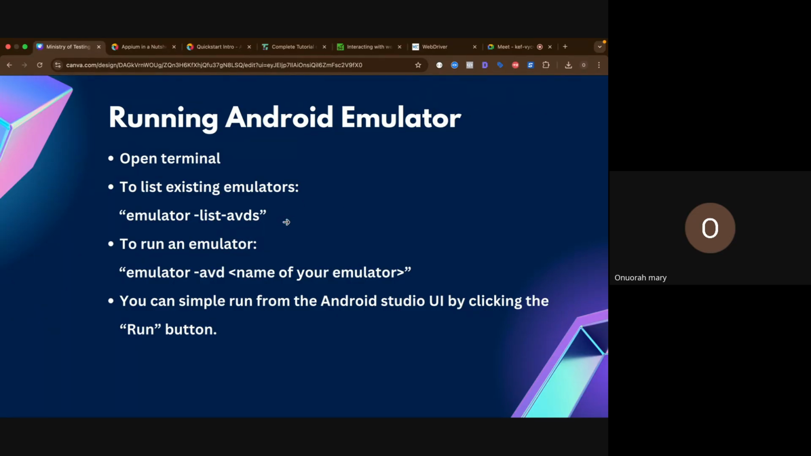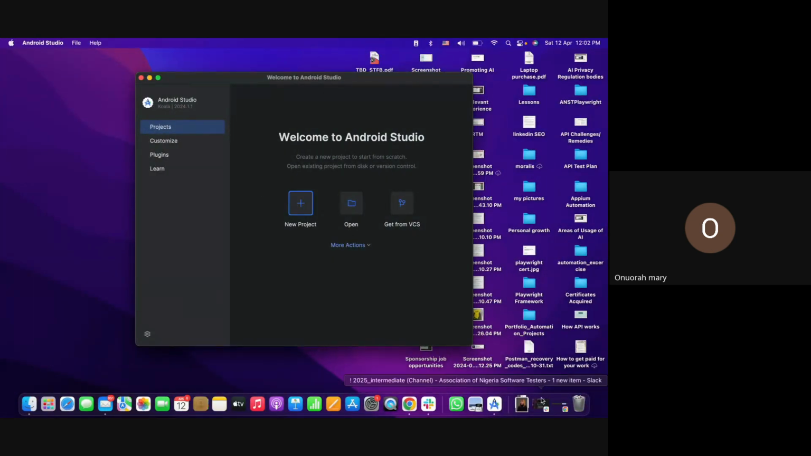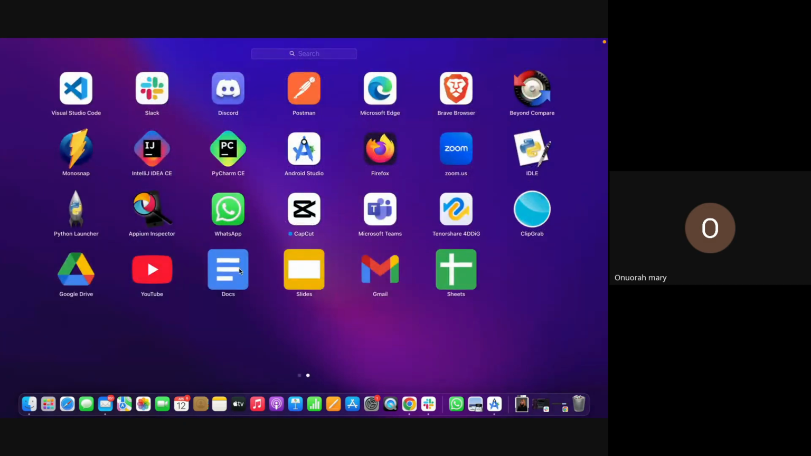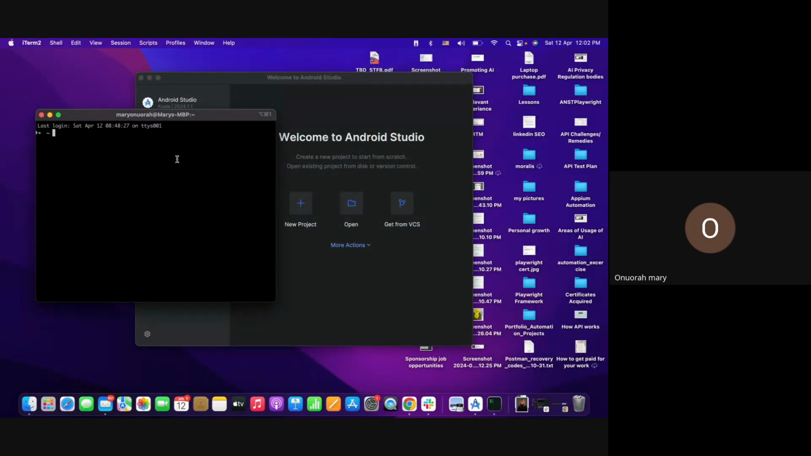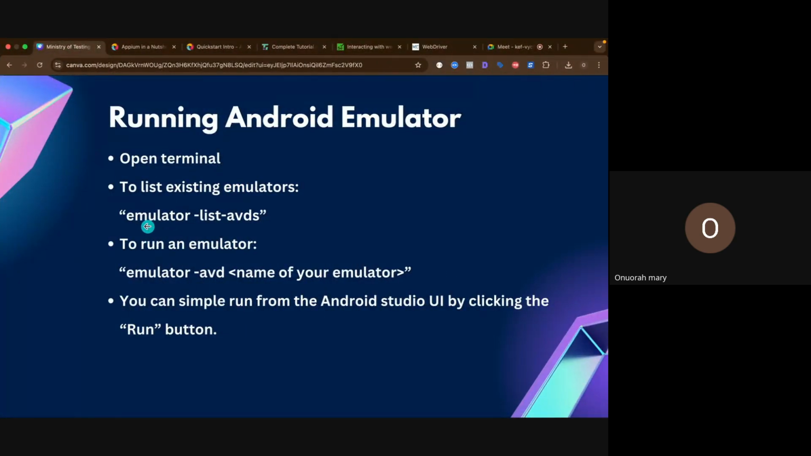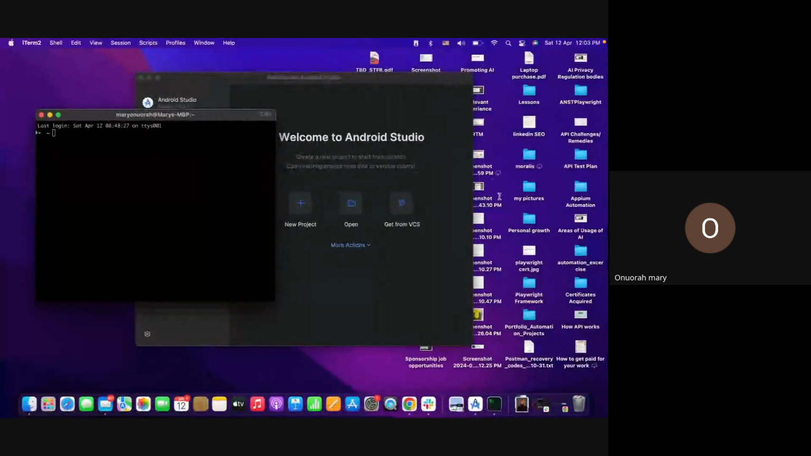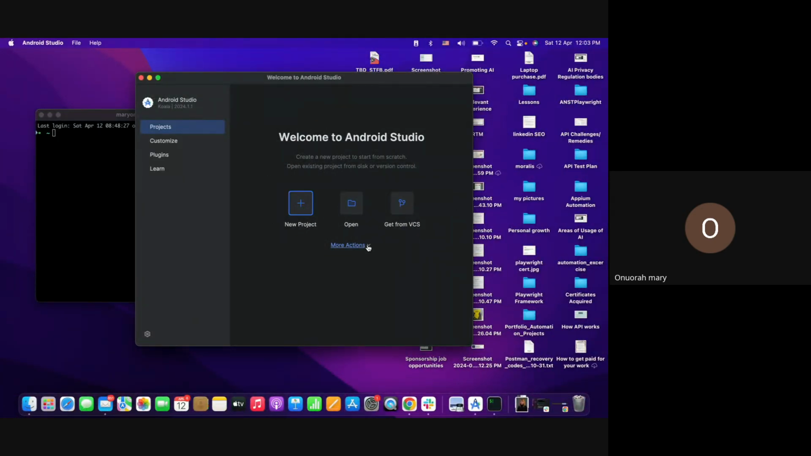So you can decide to run via terminal, right? You can open up your terminal and then start your emulator from your terminal. The first thing is you can get a list of all the emulators that you have already. But before you even have an emulator, you will need to go to your Android Studio, to your virtual device manager,